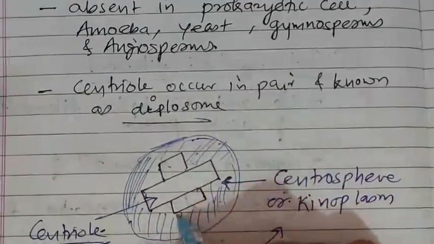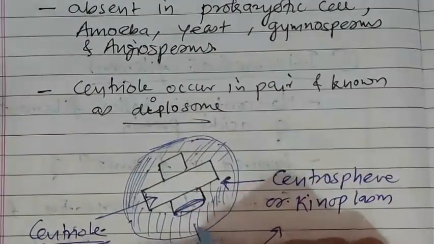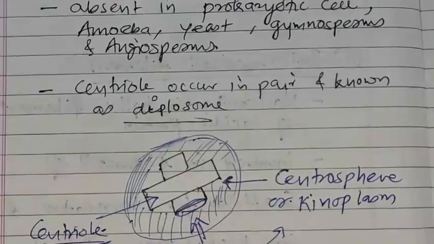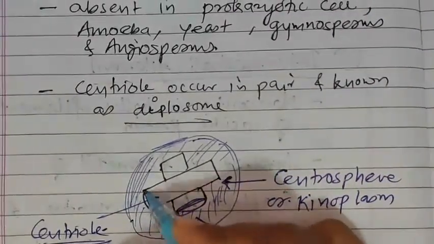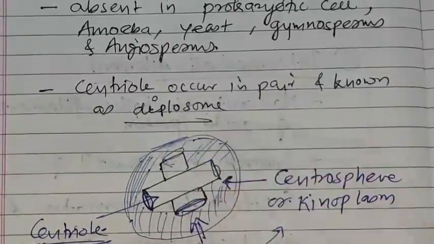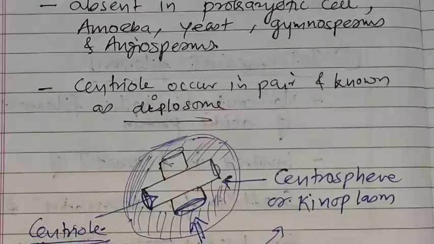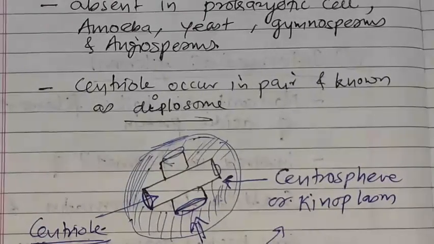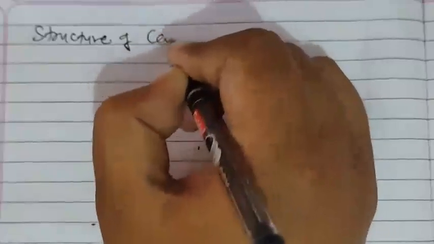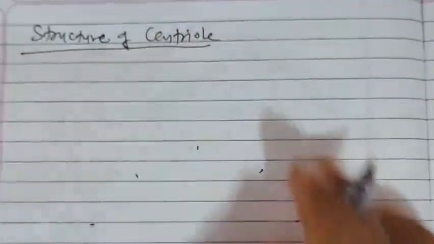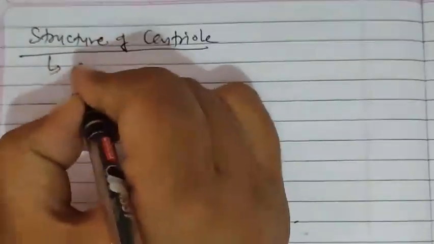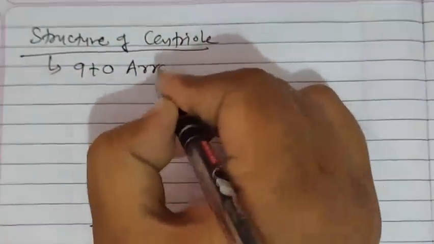Now if we see this centriole from this direction, then we will find a 9+0 arrangement of microtubules. So next we talk about the structure of centriole. When we talk about the structure of centriole, it has a 9+0 arrangement